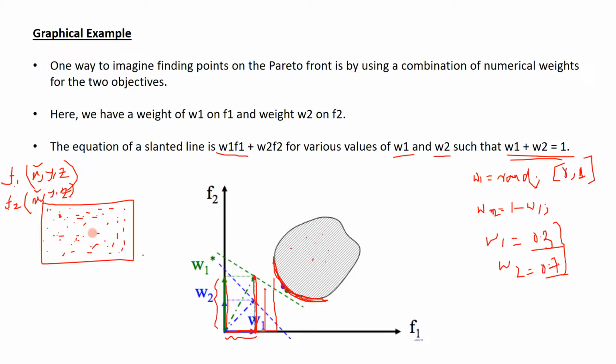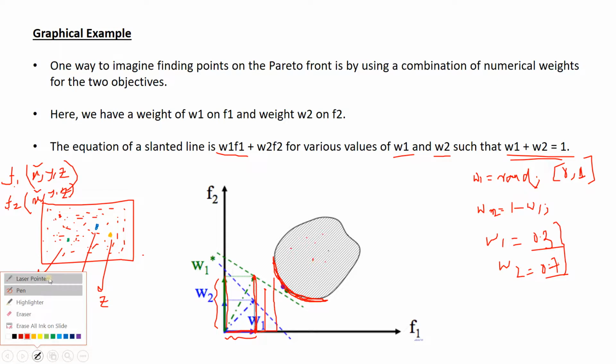Suppose imagine that there is a space and there are particles. So among those particles, there are three particles: this green, this blue, and this yellow. Okay, that means this one is the value of x, this is the value of y, this is the value of z. These are the best values, but you cannot find them directly because there are multiple variables.